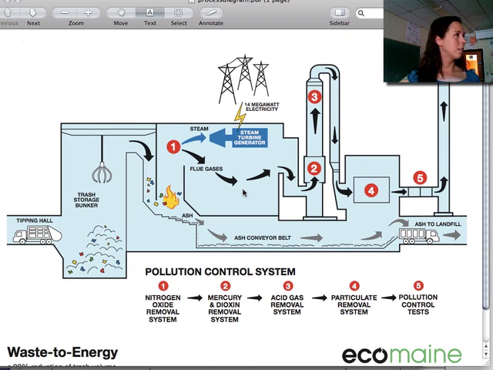This is EcoMaine. This is their waste energy generator. This actually has the same thing. They have trash, they put it into the boiler, it becomes steam. The steam turbine generator then puts out electricity. But then what they do, which I am really impressed with, is this down here, their pollution control system. They remove nitrogen oxide, mercury and dioxin, acid gas, and other particulates. Like this filter system here, basically all they put out is a little bit of CO2 and mostly water vapor. Because they work really hard to make sure